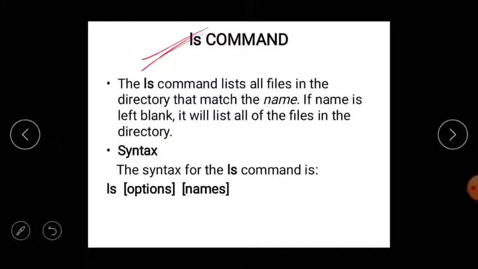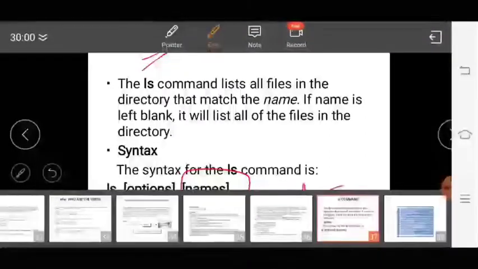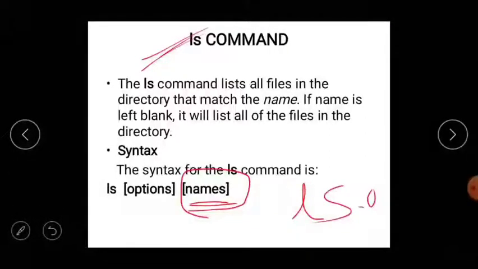Here you can see the syntax of the ls command is ls space option space name. If this is left blank, means if I give only ls, it's going to list all the files in the directory. Or if I give some name like *.a, only .a files will be listed in the directory.